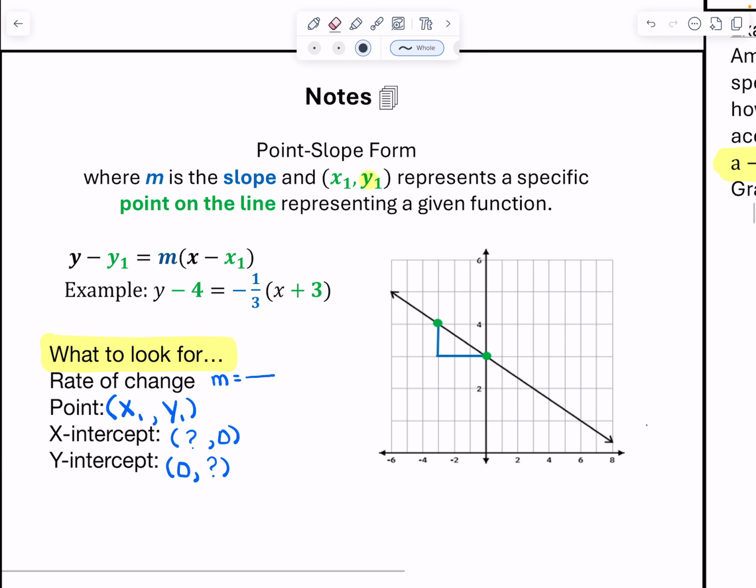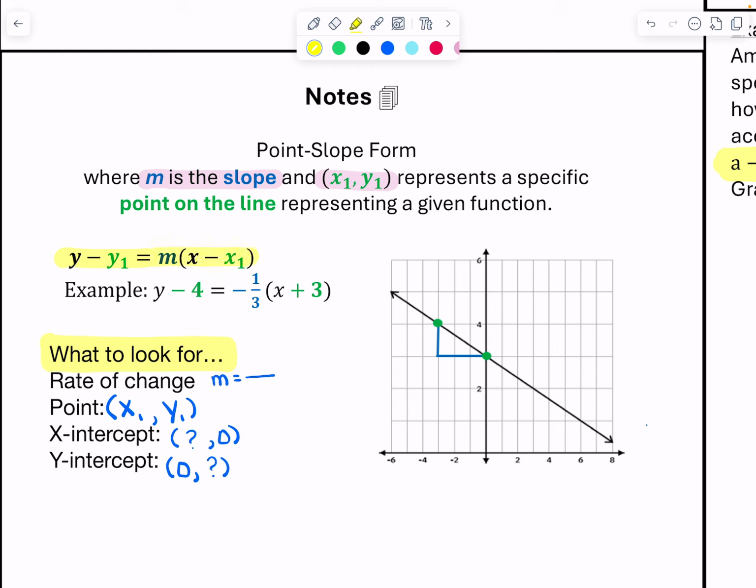Now, when we're in point slope form, this formula actually gives me a point on the graph and it gives me the slope or the rate of change. So when we're looking at this, we're going to be looking for m, which is going to be the slope, and we're going to be looking for x1 and y sub 1. These are a point on the line. So looking at the equation here,